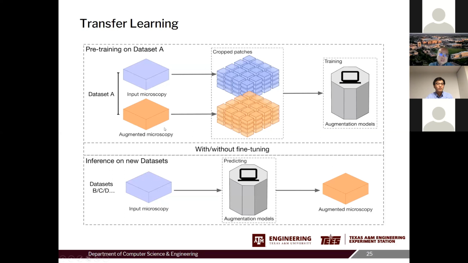A very simple case is you have data set A, and you simply train a model on data set A. So you obtain one deep model, and then you either with or without fine-tuning perform inference on a new data set, so that the knowledge from data set A can be transferred to a new data set with or without fine-tuning.